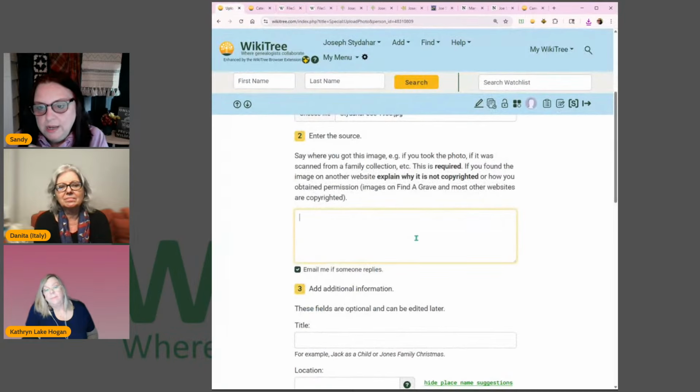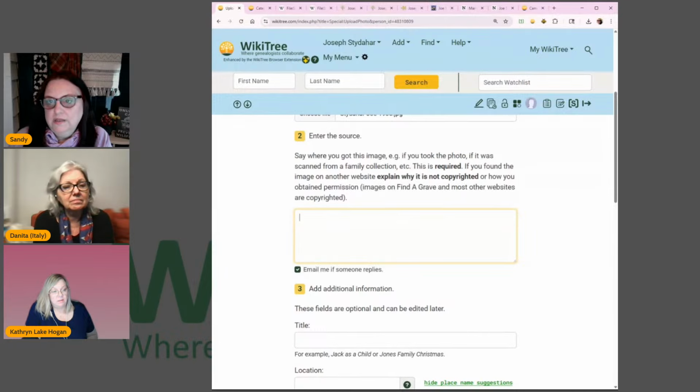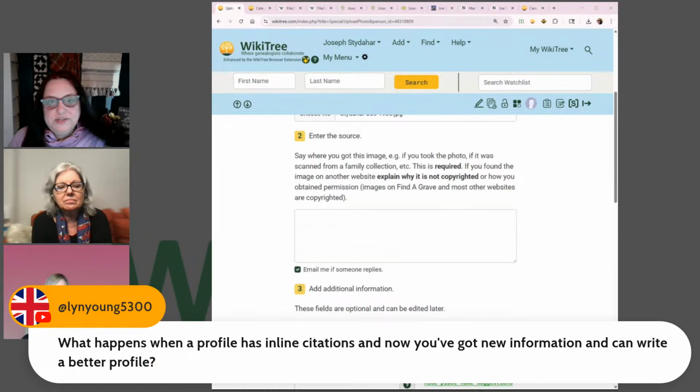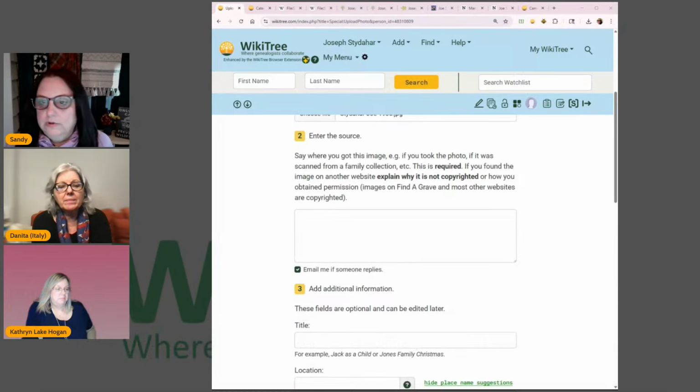And while we're doing that, Danita, we have a question, I think, from Lynn. And Lynn, let me make sure I get this right. What happens when a profile has inline citations and now you've got new information and can write a better profile? Danita, what would you do if you got a basic profile that is managed by an active WikiTree member? Okay, well,